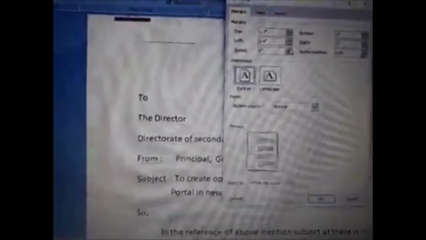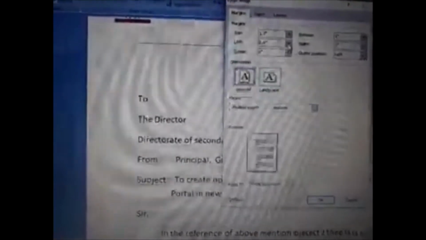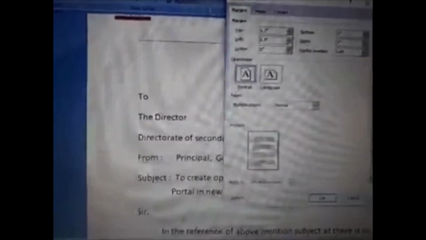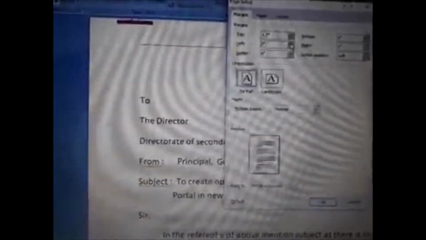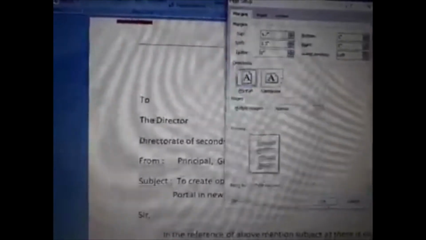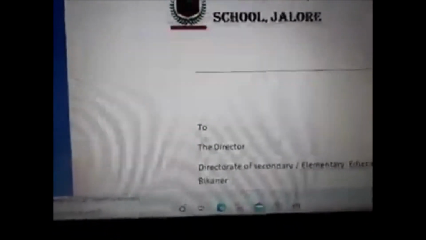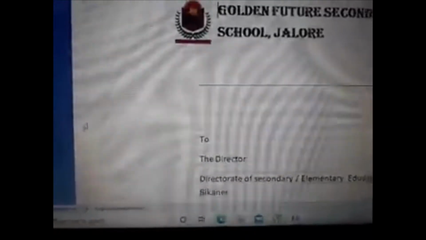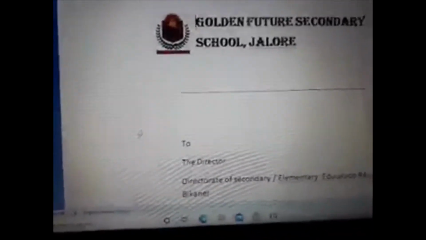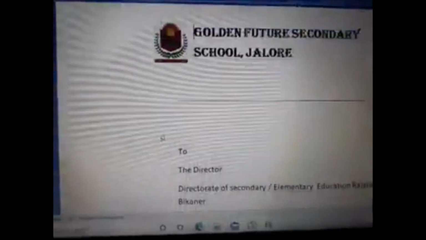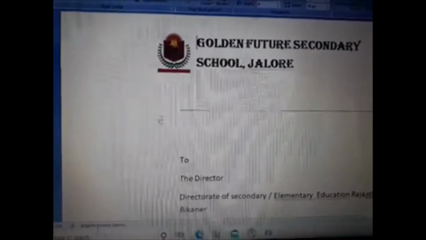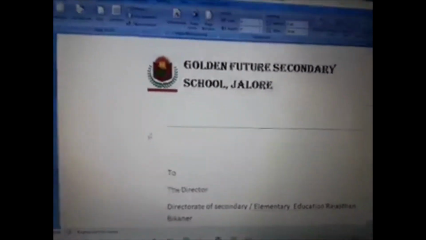Look at here, it increases and it also decreases if I decrease here. Okay, so I am increasing here and then okay, it's shifted to the right. I increased the left margin, so this is the effect of my margin. Okay, it's too easy.